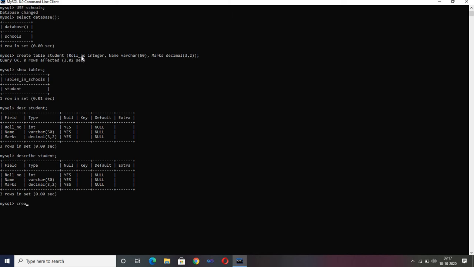Let's just create a random table. So create table shoes. Okay, it's in your textbook, so I'm just using this.